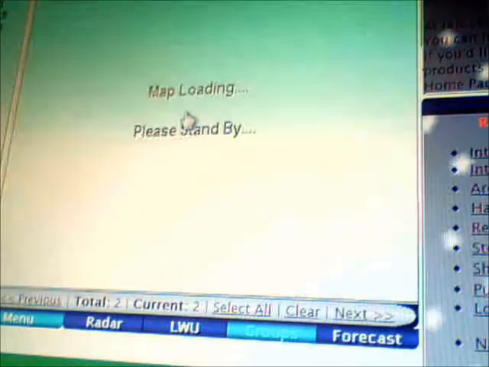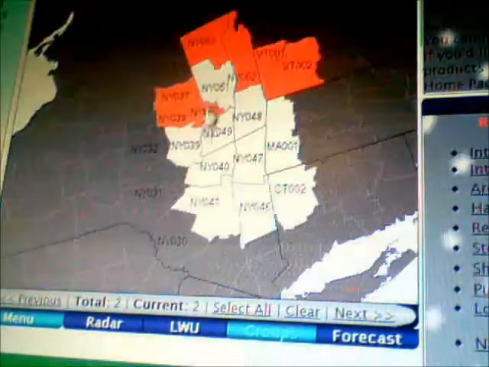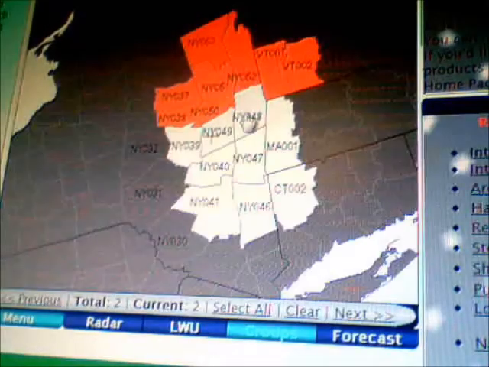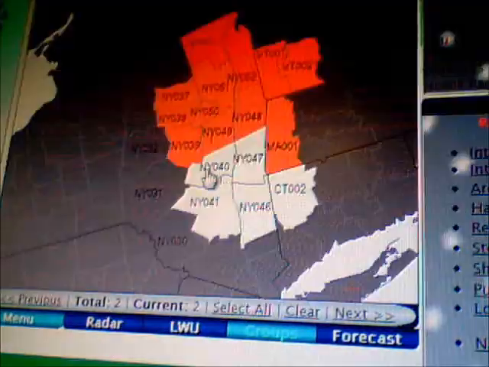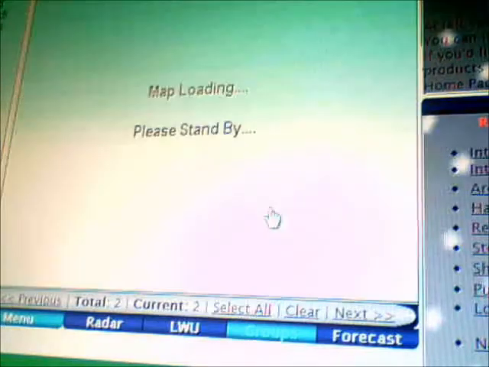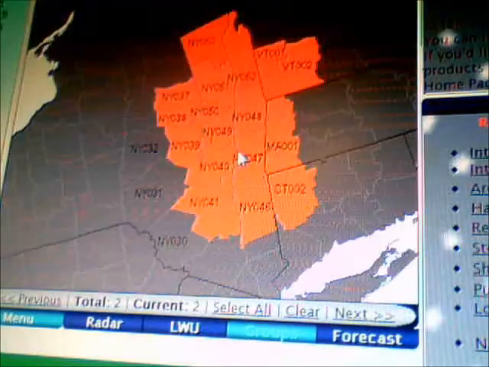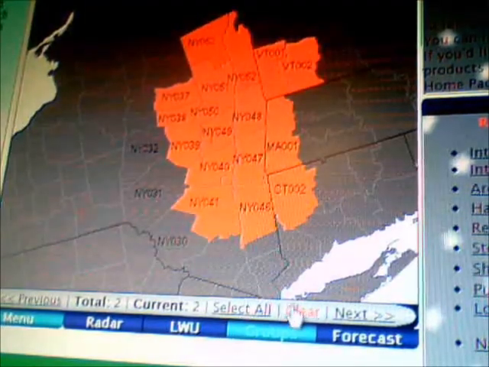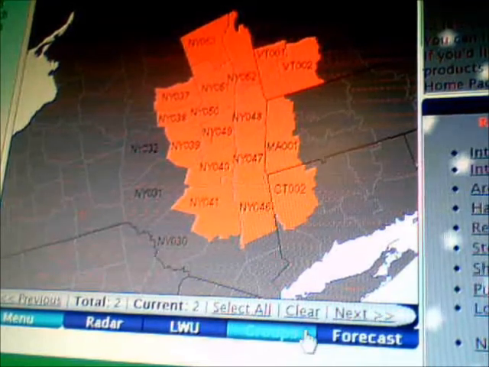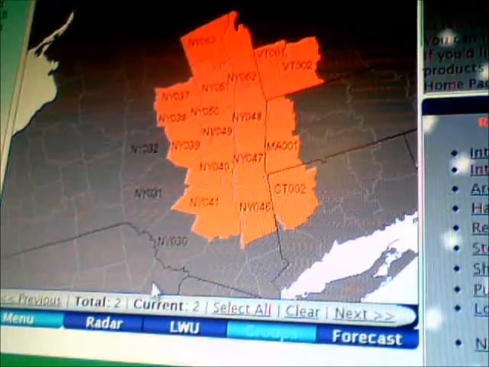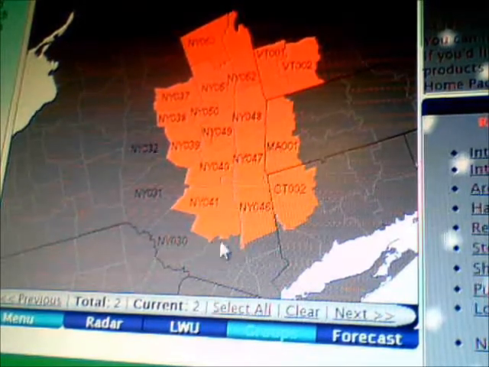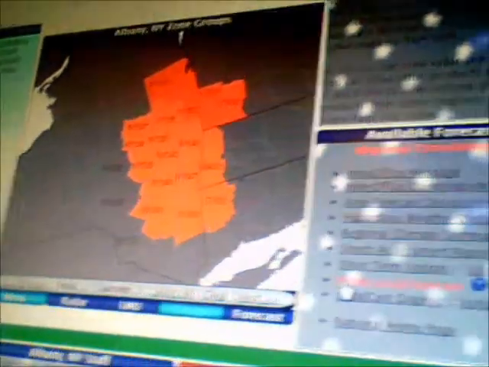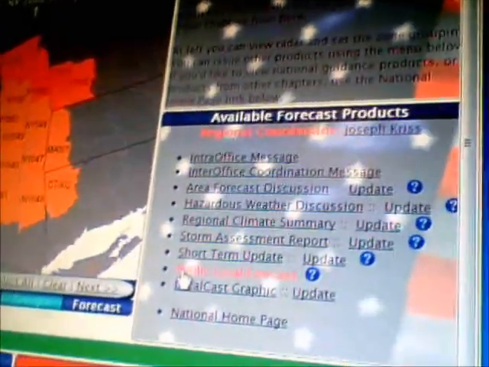So I'm going to go ahead and just make, for this forecast, it works out very nicely because the central and southern zones can be grouped into the same zone for the purposes of this particular forecast. Now that that's all done, our zones are created. We can go off of this particular screen. 2 and 2, we're good to go. And now, moving this over here,